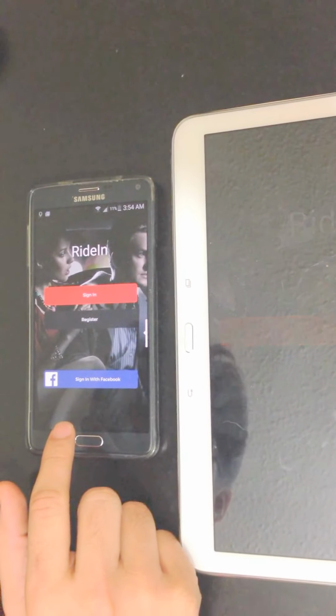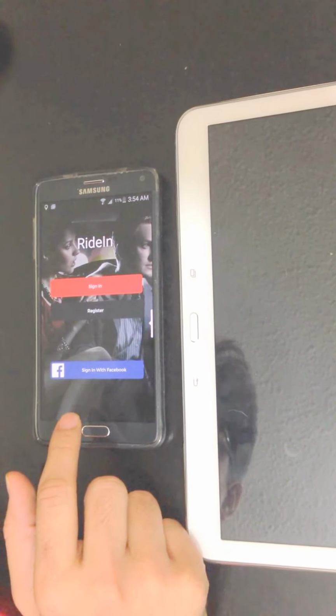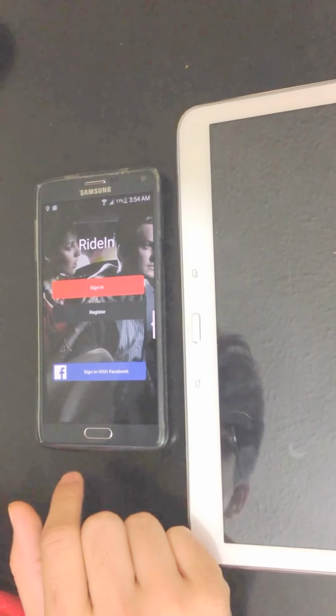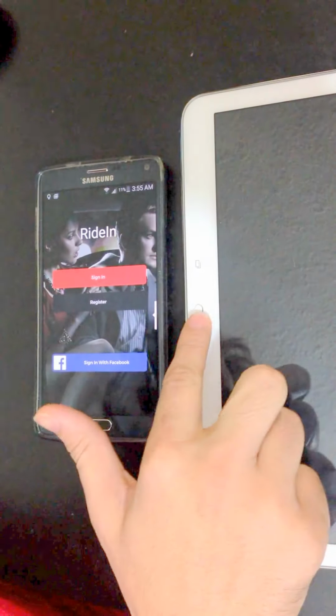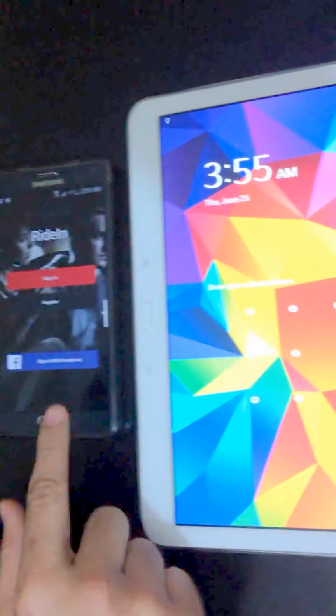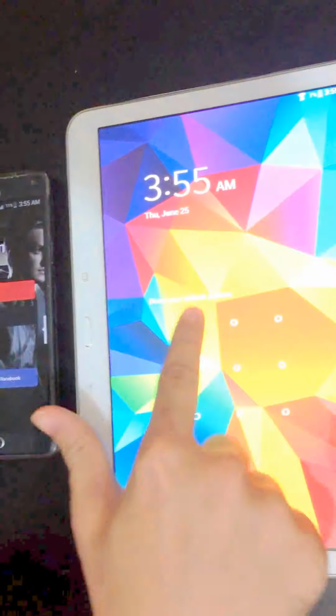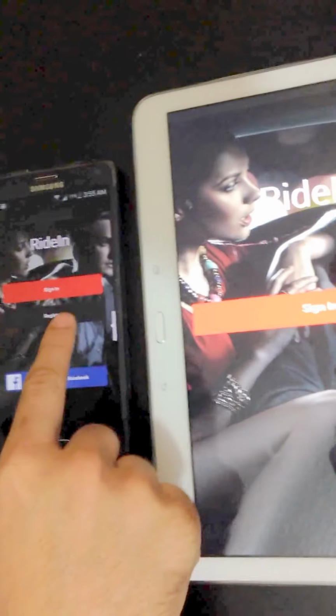Oh, hi, good afternoon. I'm going to give you a quickie demonstration on how the customer app works and how the driver app works. If you see, I'm using Android devices over here. On this device, I have the customer app. On this device, I have the driver app. So let's start with the customer app.